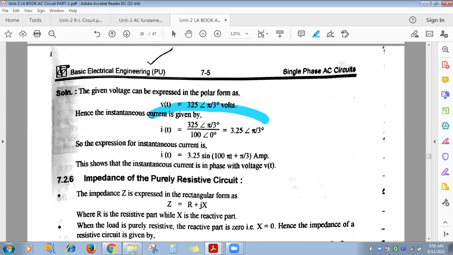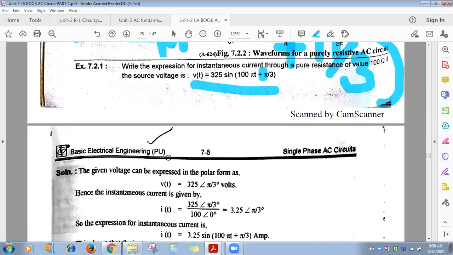Whatever this polar is, soon we will see. When we finish with R and C, we are going to take the numericals. Then this one will be easy for all of you to understand. Here also I can tell you, we have seen how we can convert the instantaneous voltage or current equation to polar form. I told you what you have to do: magnitude and some angle. Magnitude you can take peak or RMS. Here peak is taken. So the peak magnitude is 325. Angle is what? Pi by 3 means 60 degrees. So here it is at an angle of 60 degrees, isn't it?